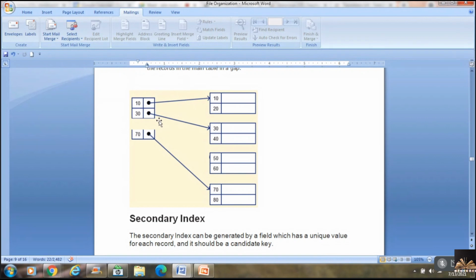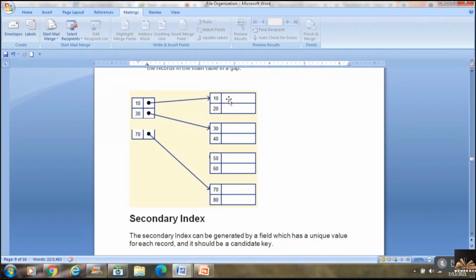So if I'm trying to search for a record by primary key value 20, then I'll go to this 10. 10 is leading me to this particular block of memory. So I can assume that 20 might be here, if it is not deleted.